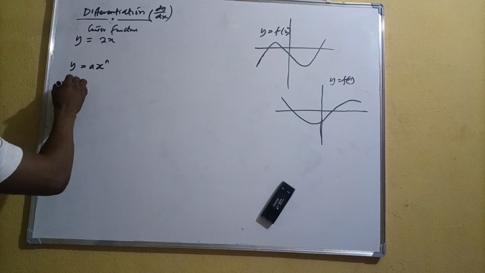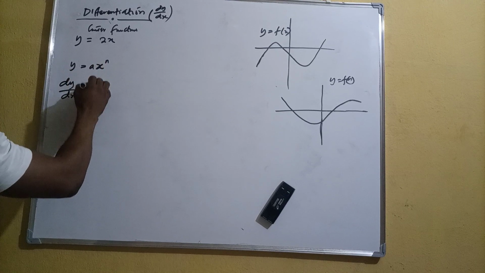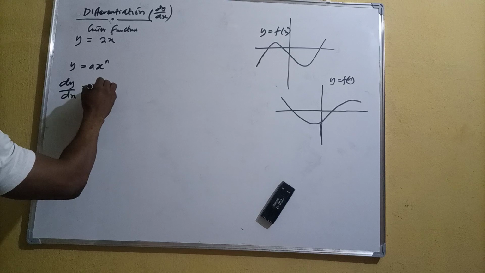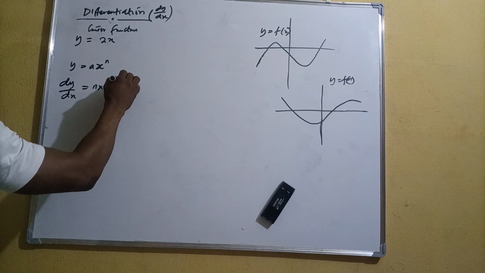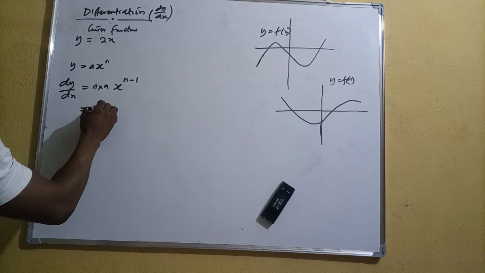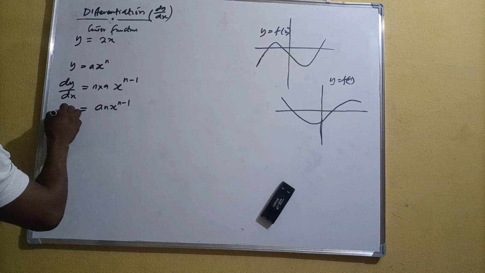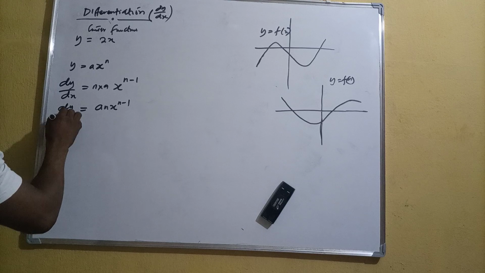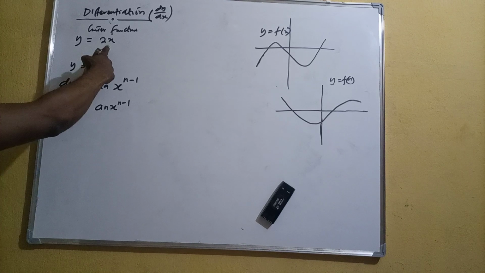So from this, dy/dx is going to be n times a, x raised to power n minus 1. So we are going to have a n x raised to power n minus 1. So that is the formula for differentiation. So if we apply this formula to what we have here,